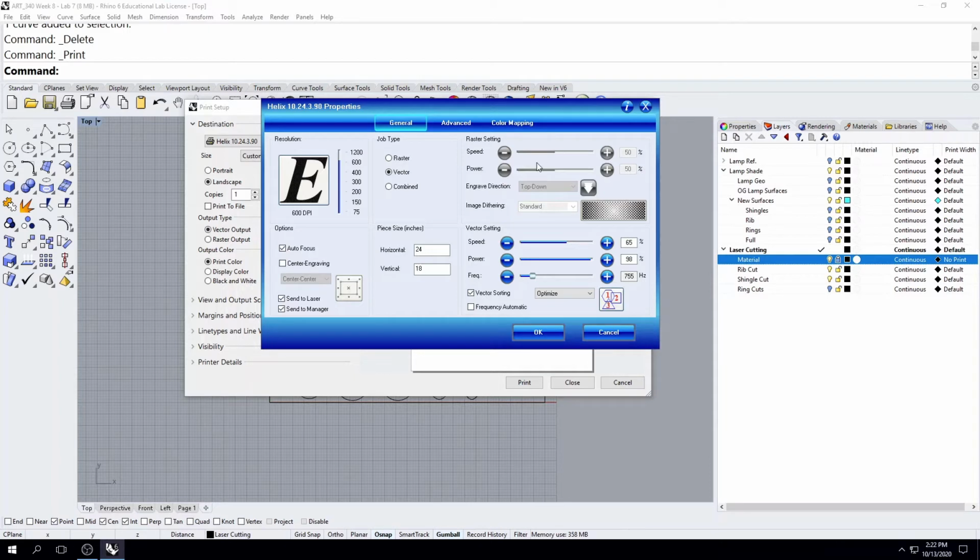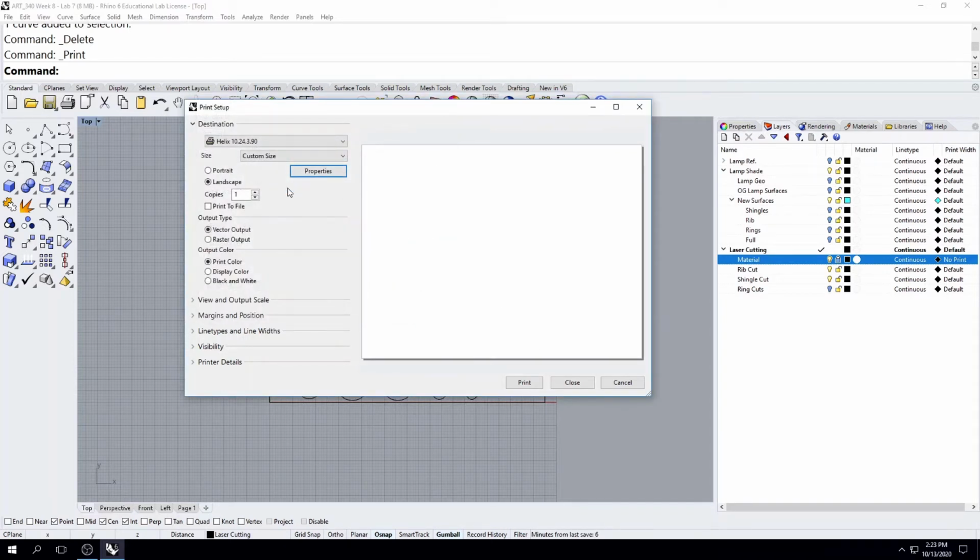And same thing with raster settings, that's also specific to the material. Now, one thing I'm going to add is that this setting right here is to cut through the material. If I hit OK and